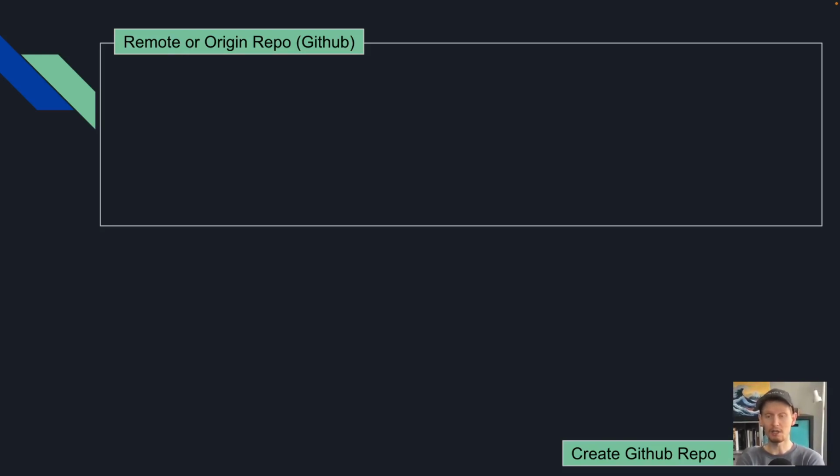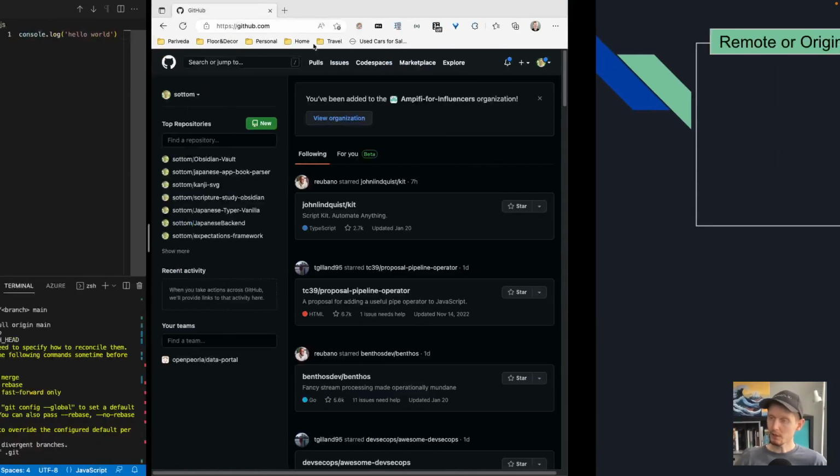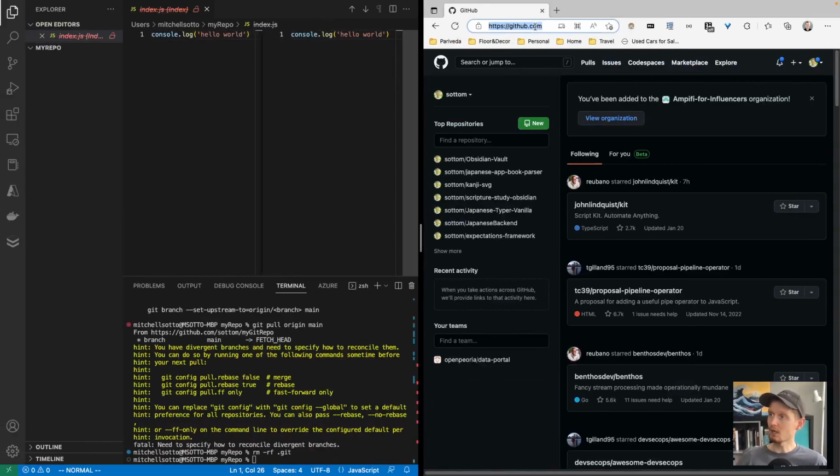That's what I mean by locally. But if your computer crashes or dies, you need somewhere that it's backed up to. So we're going to use GitHub for that. So what I want you to do is go up to github.com. And once you've logged in to github.com, come up to this top right corner, click New Repository,